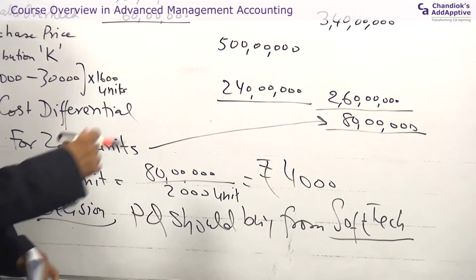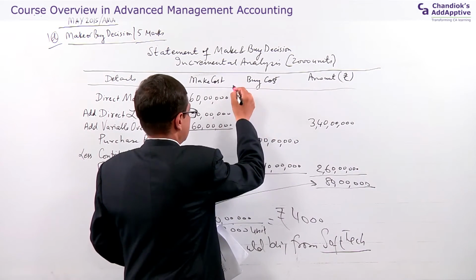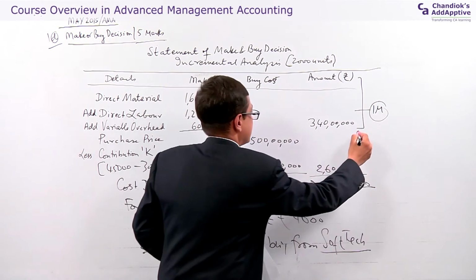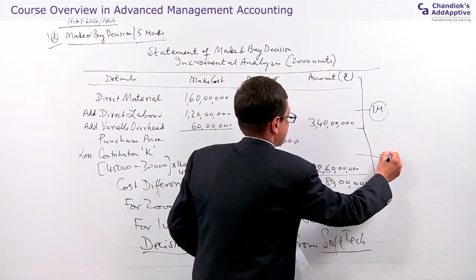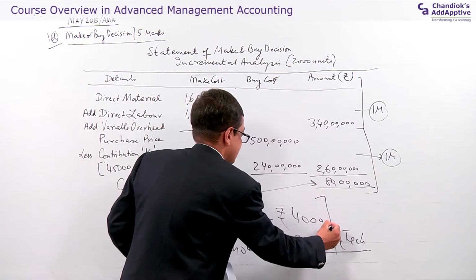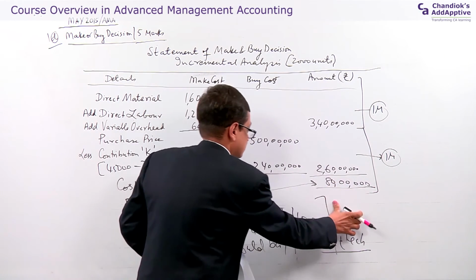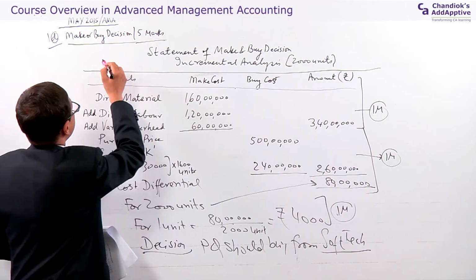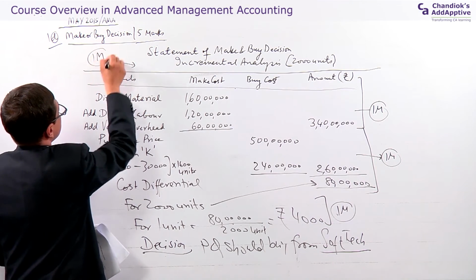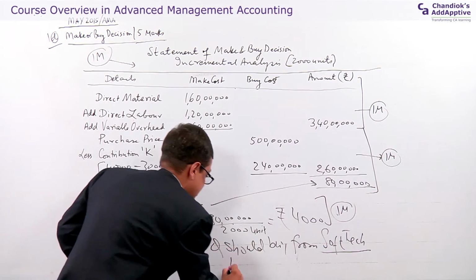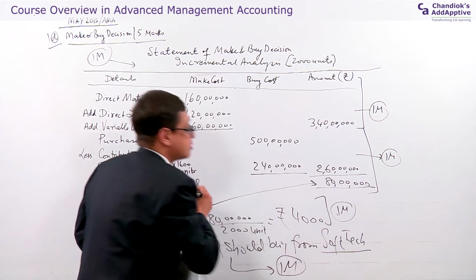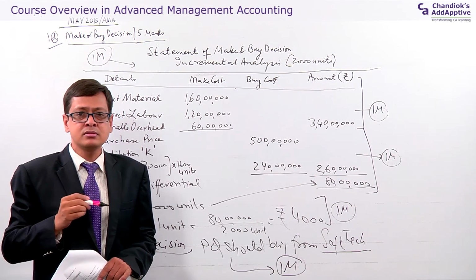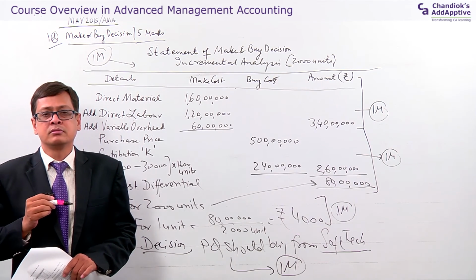What is the marks award? If you see, for this particular part up to here you have 1 mark, up to here you have 1 mark. This calculation carries 1 mark. This initial part of the presentation, this is 1 mark, the format part, and your decision, it carries 1 mark. This is how your 5 marks are organized. So this is point to point bifurcation of the marks. This is how your presentation should be. Thank you.